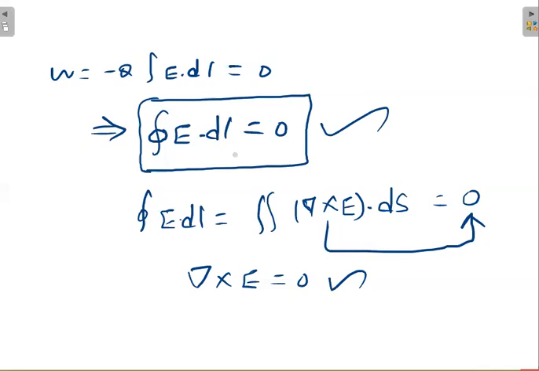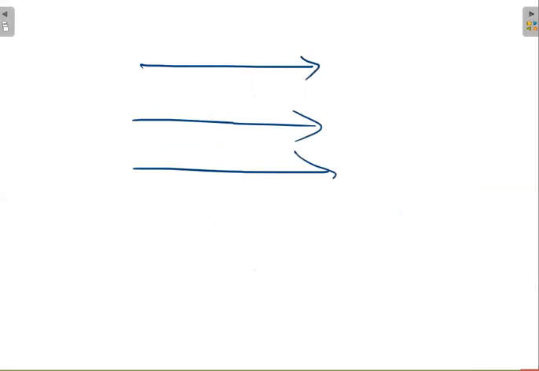Is it okay, sir? I will move to the next one, potential. And please remember one more thing: by closed path, here I have taken a classical closed path in a rectangular manner. I can take it in any way. Say my electric field is going in this direction. I started here somewhere and I am going somewhere.